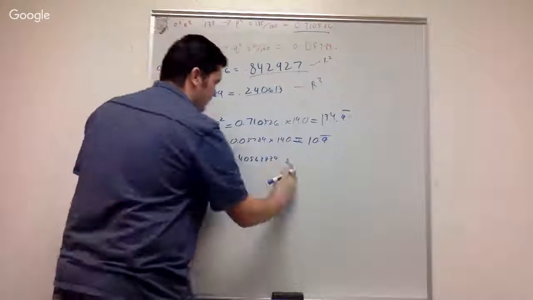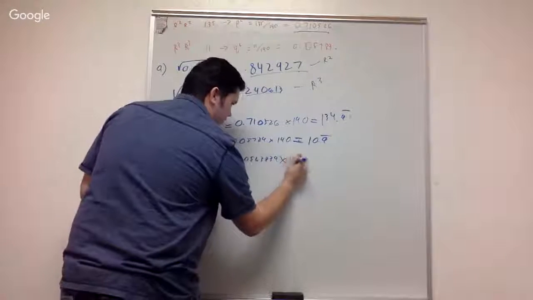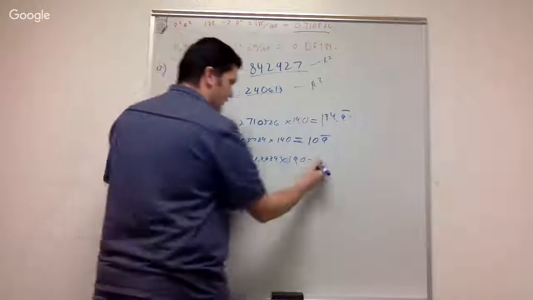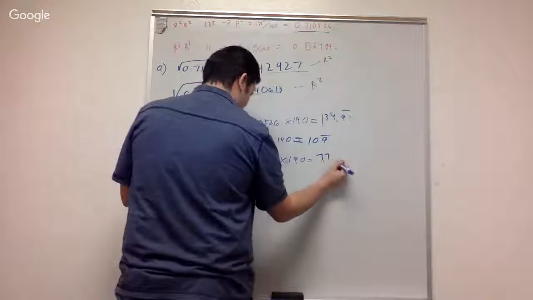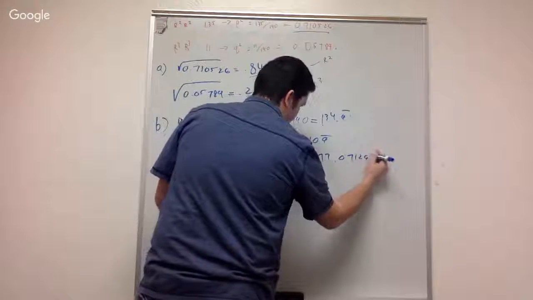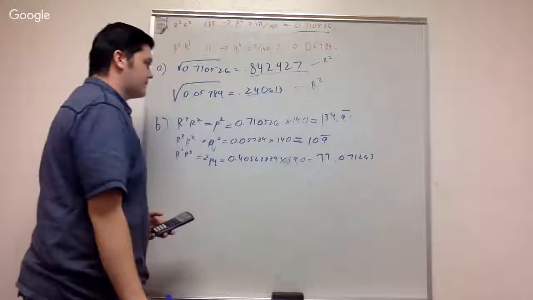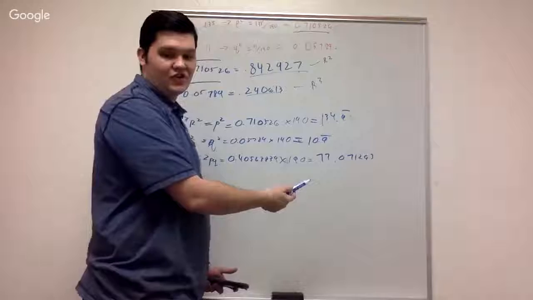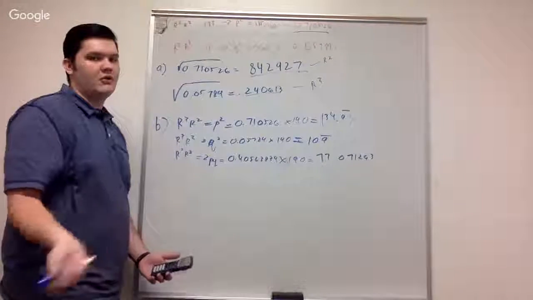Times that by our total population, we get an expected of 77.071293. So that is pretty different from our actual observed 44, but we're going to do a